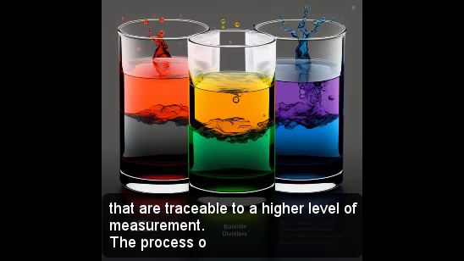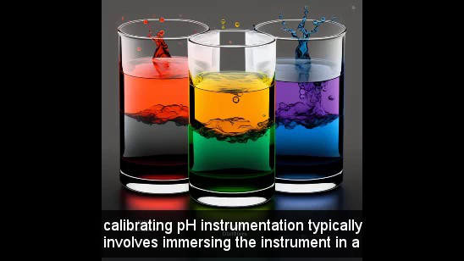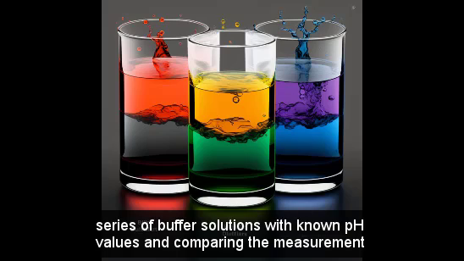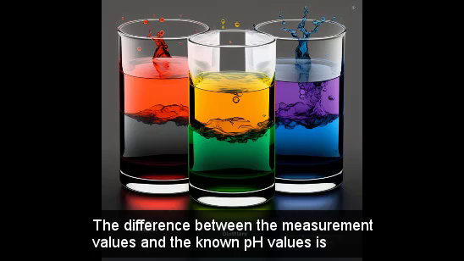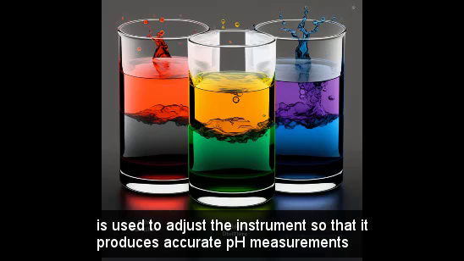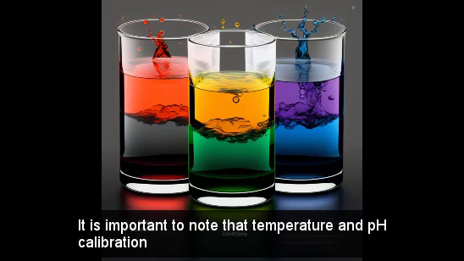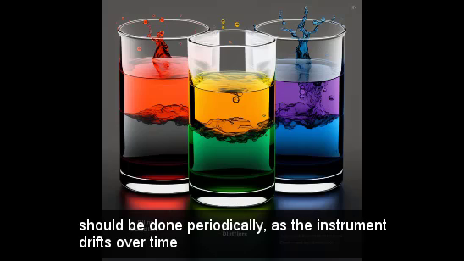The process of calibrating pH instrumentation typically involves immersing the instrument in a series of buffer solutions with known pH values and comparing the measurement values produced by the instrument to the known pH values. The difference between the measurement values and the known pH values is used to adjust the instrument so that it produces accurate pH measurements. It is important to note that temperature and pH calibration should be done periodically, as the